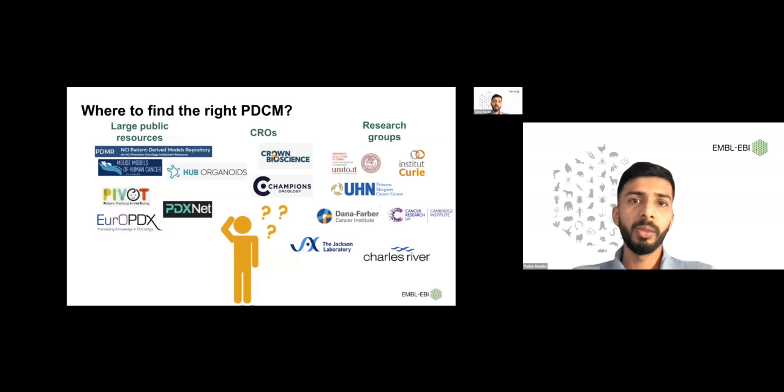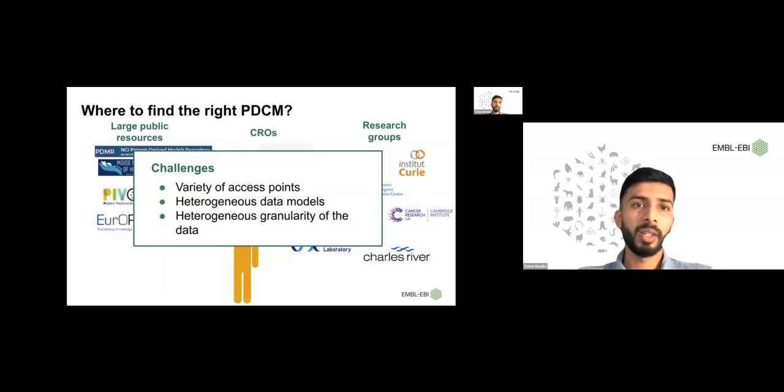We understood the value of these models, but where can you find them? There are various resources and databases that specialize in cancer research and genomics, which provide you with these models, model information, and molecular data. However, the existence of multiple resources and databases brings its own challenges: they use different data formats, and they have different analysis pipelines and quality control measures. This means if you want to find a PDCM of your interest, you need to familiarize yourself with their data structures and different sources. And